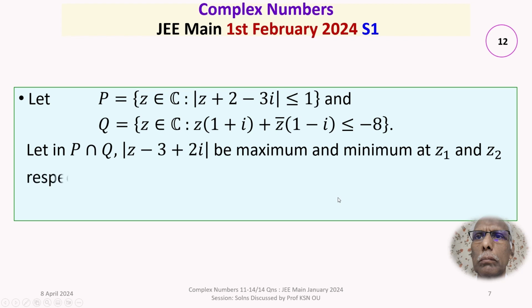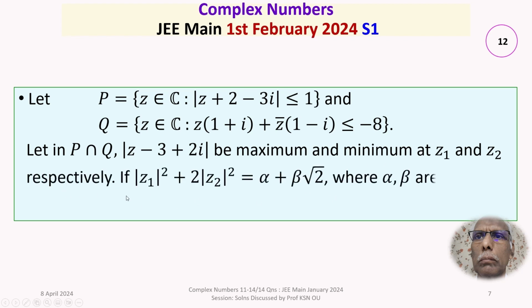So if mod z1 squared plus 2 times mod z2 squared is equal to alpha plus beta times root 2, where alpha, beta are integers, then alpha plus beta equals what? We are given P like this, Q like this, and